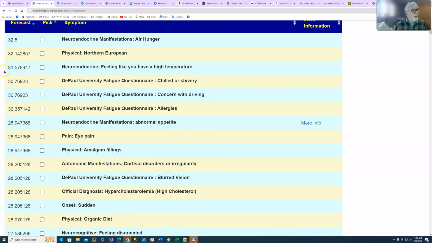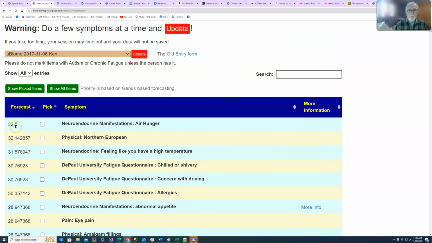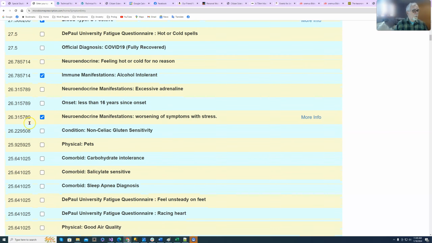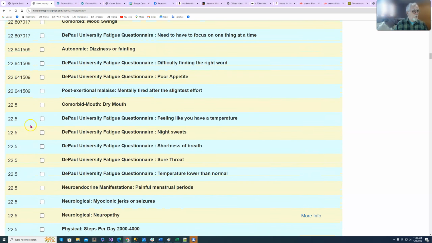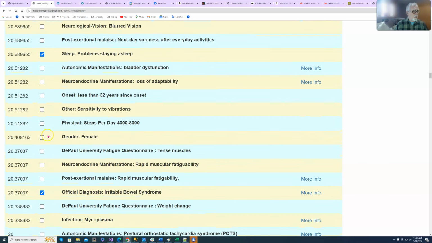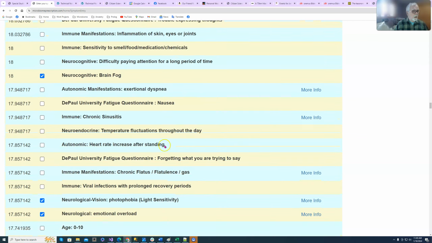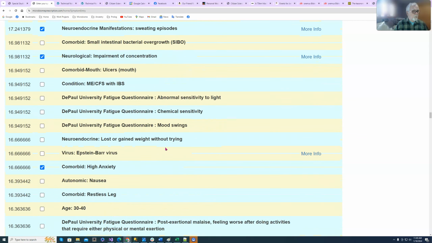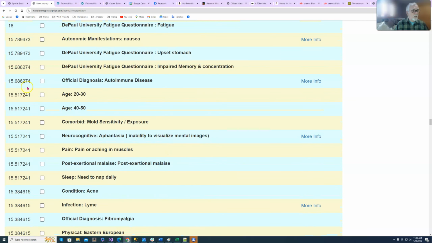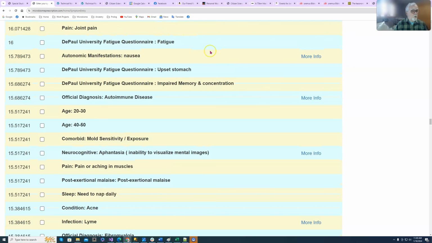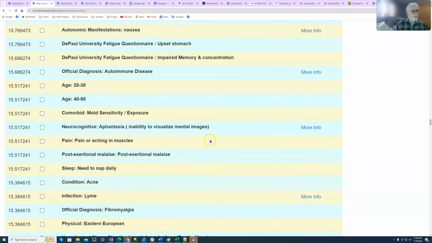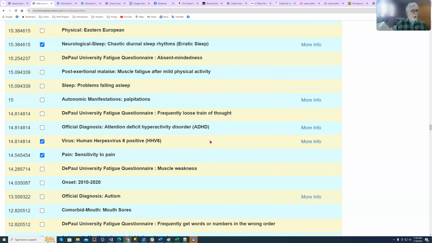Allergies, etc. So again, some of these values can be up in the 60s or 70s. The lower the number, the better. If the number is 16 or below, chances are pretty slim that you do not have that particular symptom. So 16 is roughly the magic break point between having and not having. The values are computed anyways, but